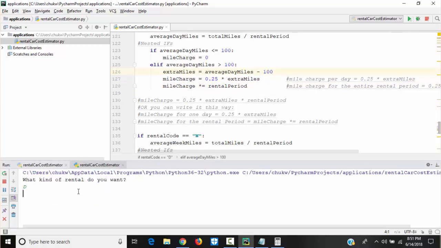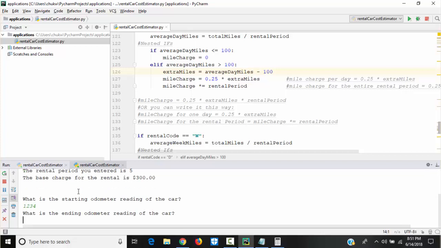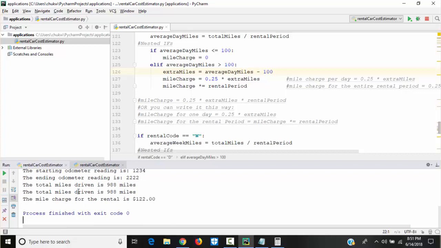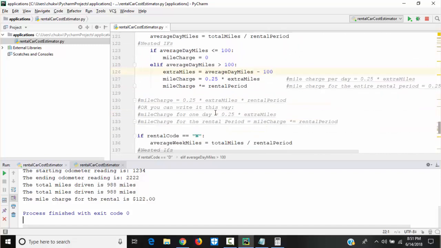I'll say D5 1 2 3 4 2 2 2 2, and you see it still gave us the same answer, $122. Thank God this worked. Now, the next thing I want to teach you: I've taught you times equal, and the same thing applies with plus equal, minus equal, depending on the expression. Another thing I would like to teach you in this video is